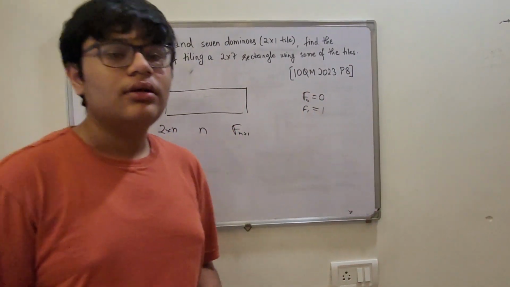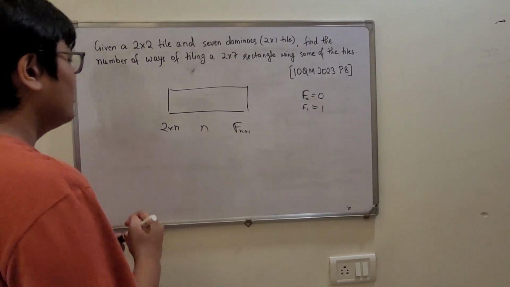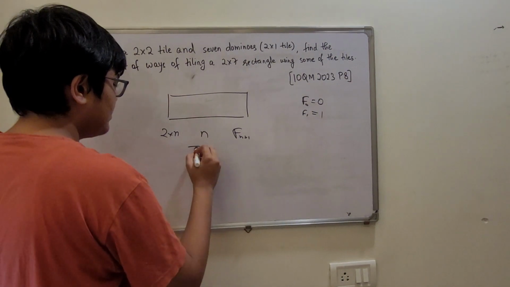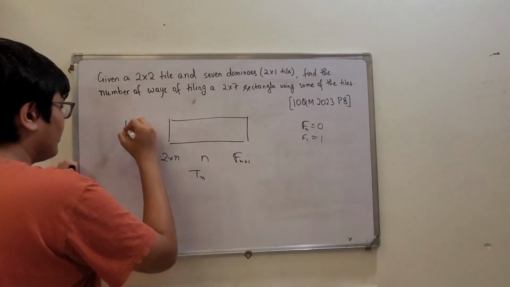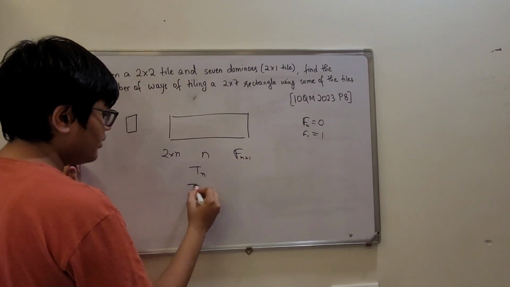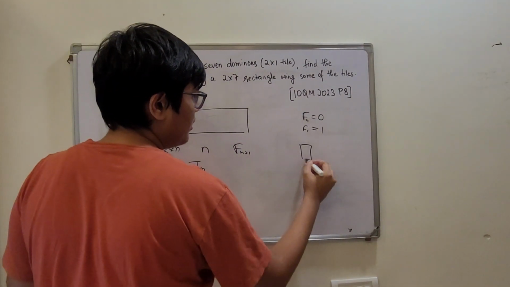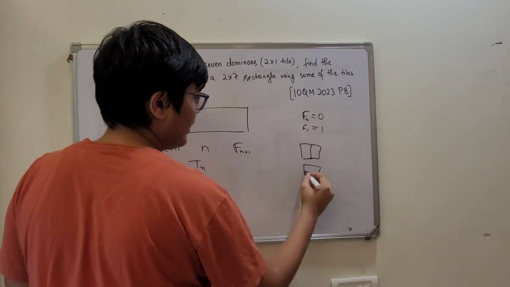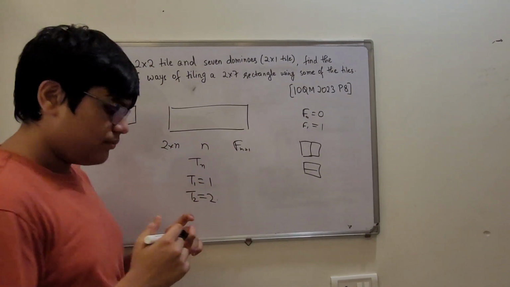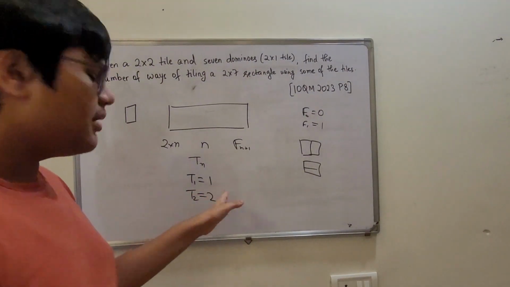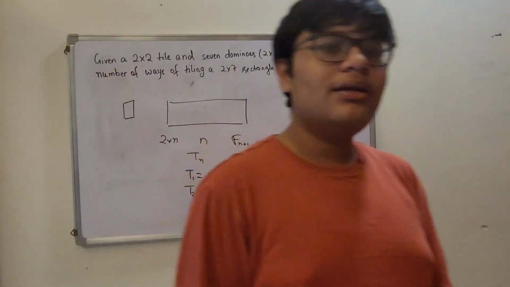Now we will first prove this thing. This is very easy to prove. So let Tn be the number of ways to tile it. Then obviously T1 will be 1, right? Because one way only you can tile. So T1 has to be 1. And T2 will be 2, because you can tile it like this, or you can tile it like this. So T2 has to be 2, right? So till here it's satisfying. And now we will prove that Tn equals Tn minus 1 plus Tn minus 2.